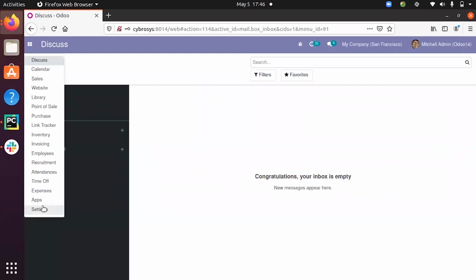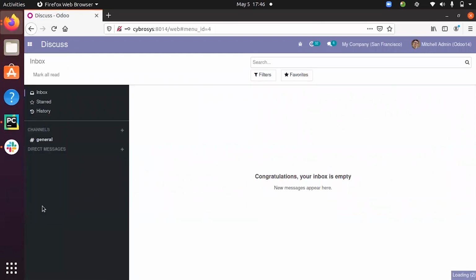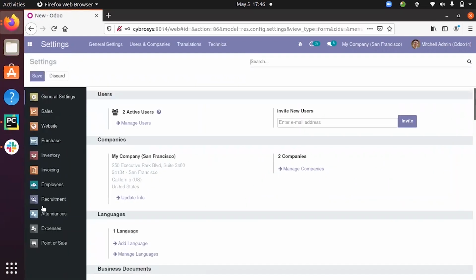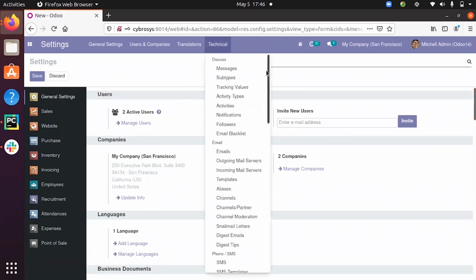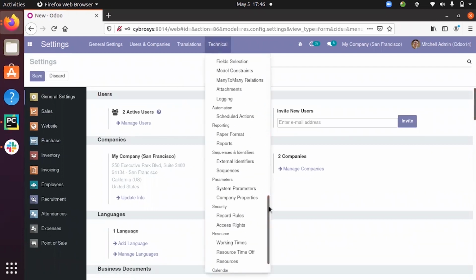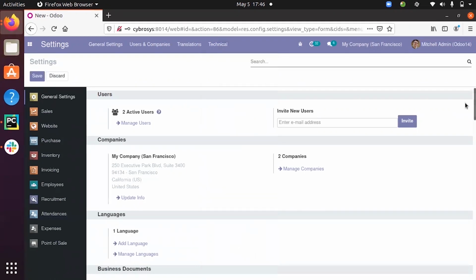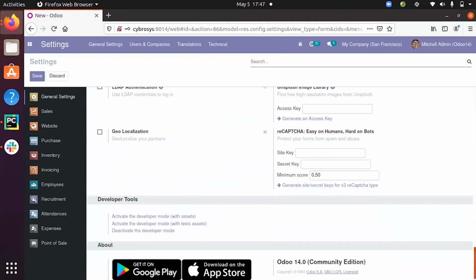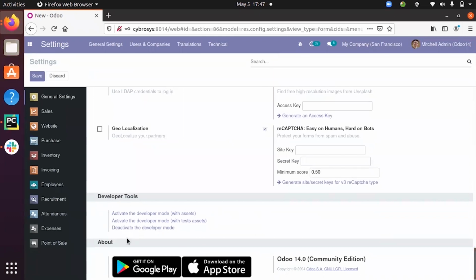Okay, now let's go to settings. So we have to enable developer mode, then only you can change the technical settings. When you enable developer mode, you can enable it by coming below. You can see here an option to activate. So it's already activated. Okay.